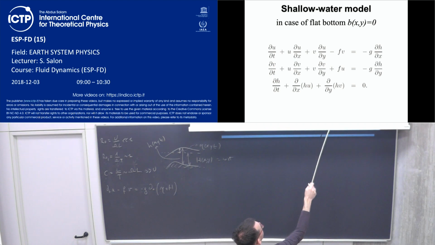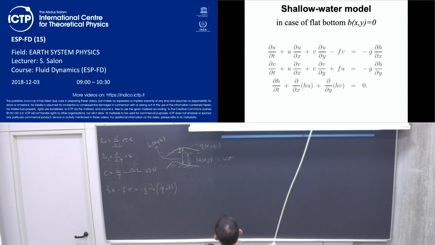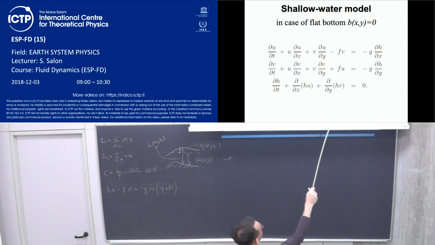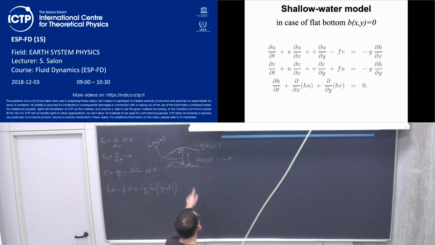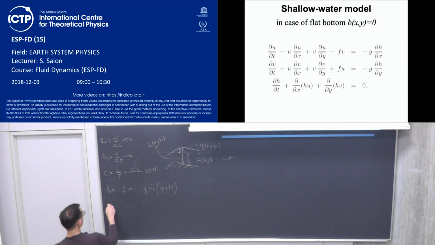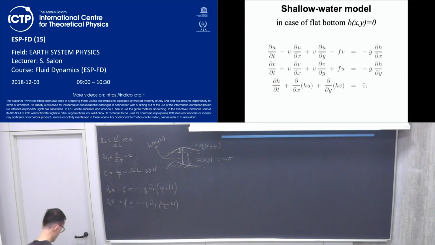We substitute here to lower case h the sum of eta and capital H. And then we make some analysis. So we have this one, we have the second one, and then we have the